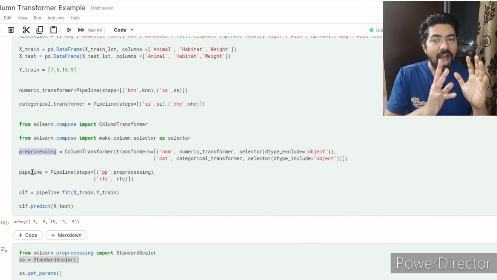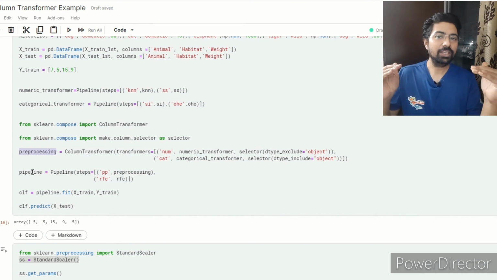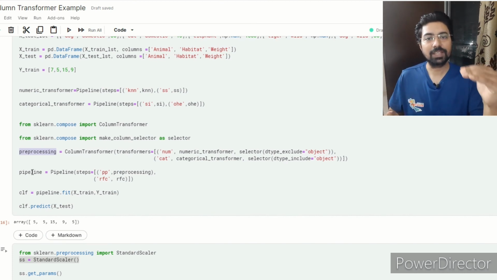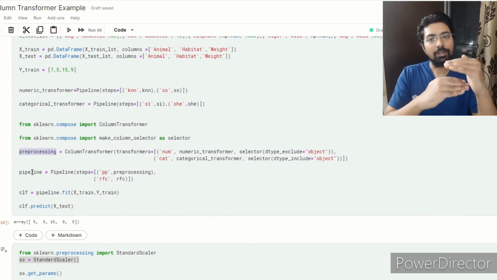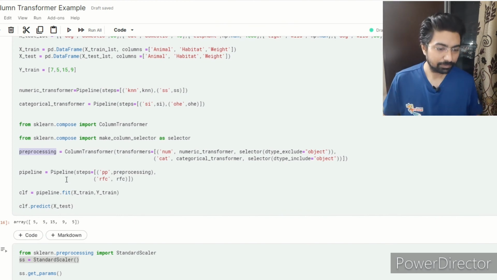So see how you can easily organize things, and you can overcome the limitations of the pipeline method. Pipeline method can do things sequentially. It can go with one kind of data type, but column transformer can achieve the same thing in parallel with two different data types. That's how the beauty is.